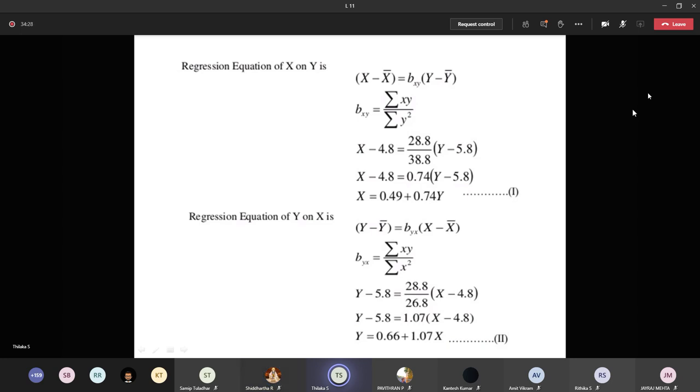Both are similar. Correlation and the regression equation both help to find out the relationship between the two variables. Correlation says the strength of the relationship, whether two variables are strongly related or not. And regression says about the degree of the relationship between the two variables. That's the difference. Both are similar things. And if you want to know about the correlation, you will have it.